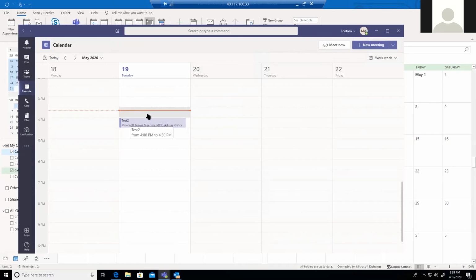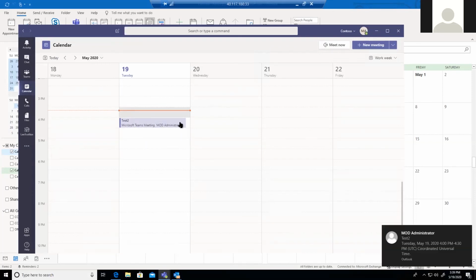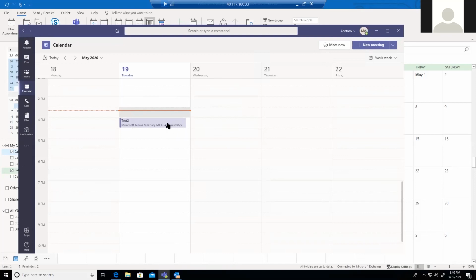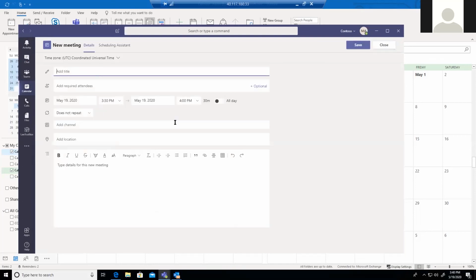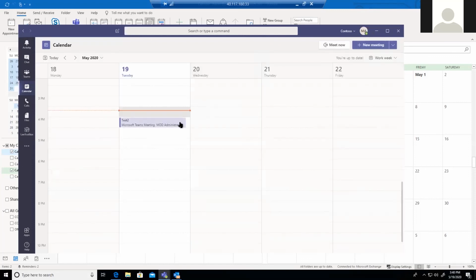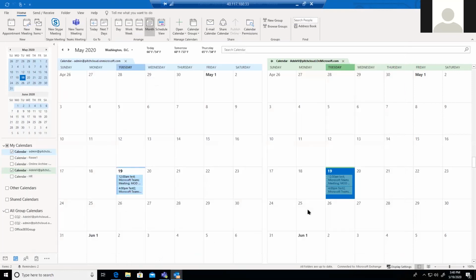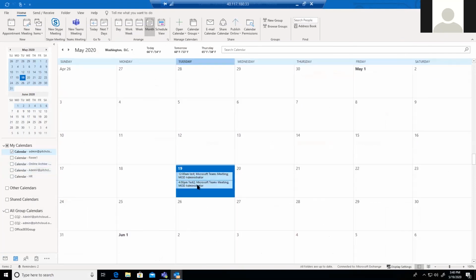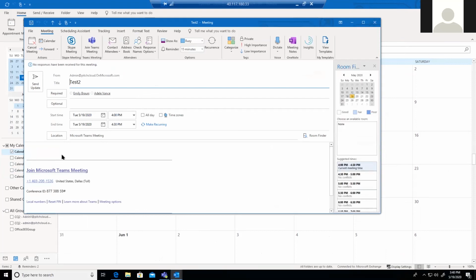Now, once the time comes for this meeting, a join button will automatically appear here. This is not the time when the meeting starts right now, so we do not have that functionality as of now, but as soon as the time comes, there will be a join button. I can come to this calendar app and click on it and join in. If not, I can go here in my Outlook, double click on that, it will open, and I can click on that and join this meeting.